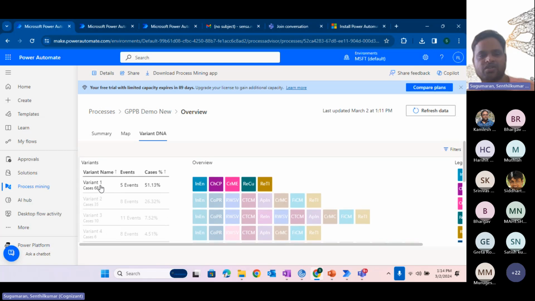and then the number of cases that constitute that variant. The maximum number of cases that we have is 68 for a variant which has 5 events. So basically, this is a very simple flow where 51% of the cases got done. Maybe it may not have gone for any approval, rejection, or any review kind of thing. And then if you look at the other variant, which has 8 events,